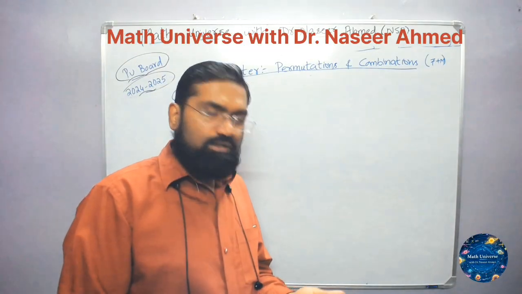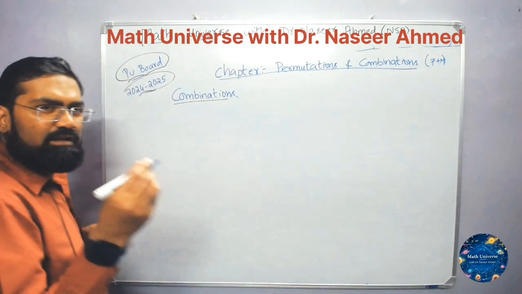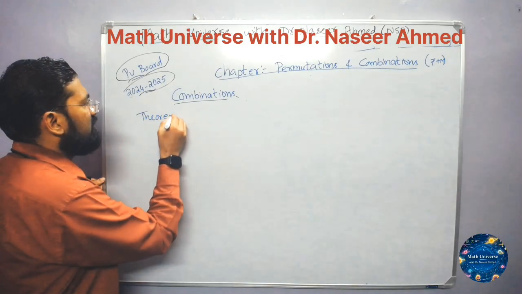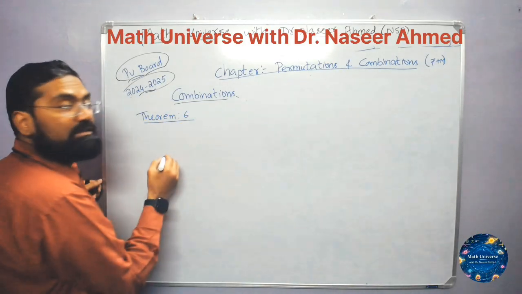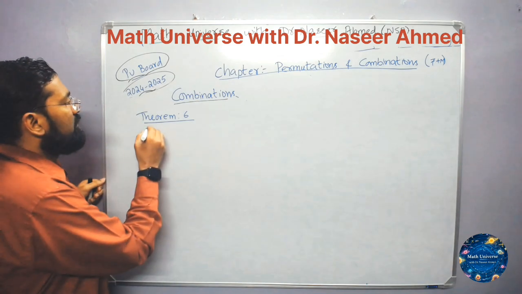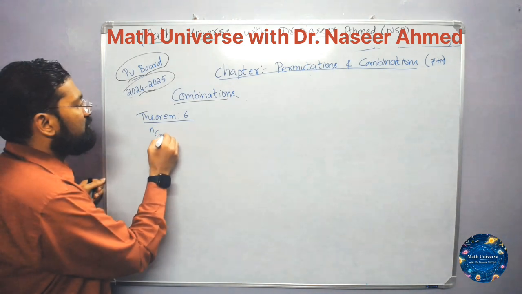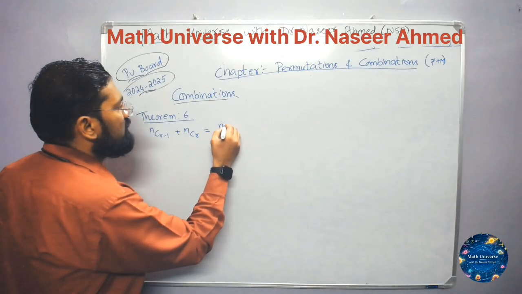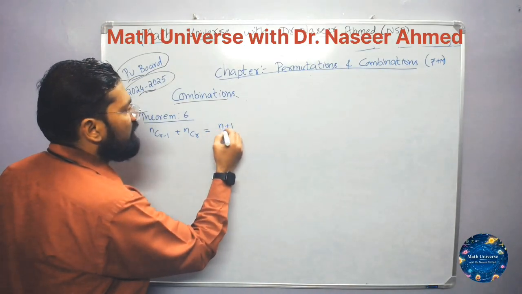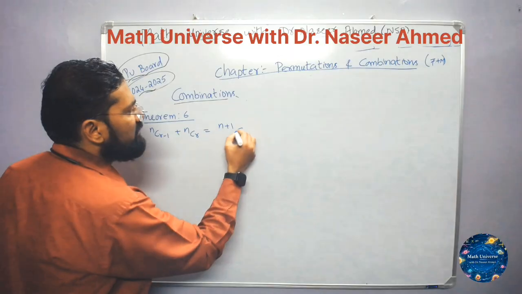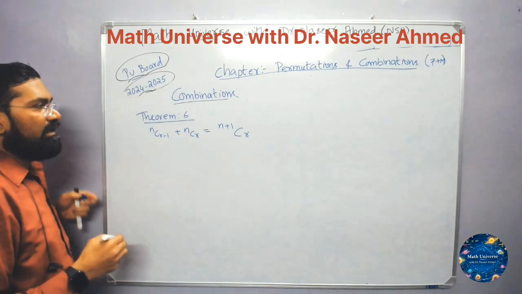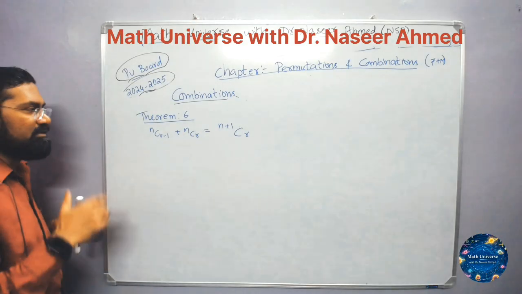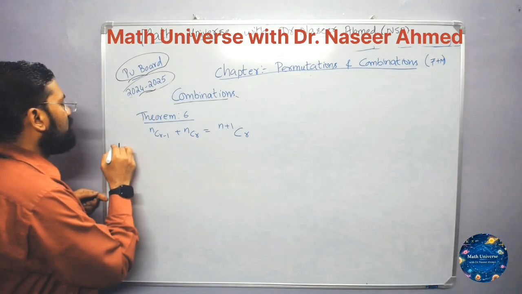Dear students, let us move on to the next derivation, a small derivation. It is step number 6 in NCERT numbering. The result says nCr minus 1 plus nCr is equal to n plus 1 Cr. Let us try to prove this result. Now, coming to the proof of this,